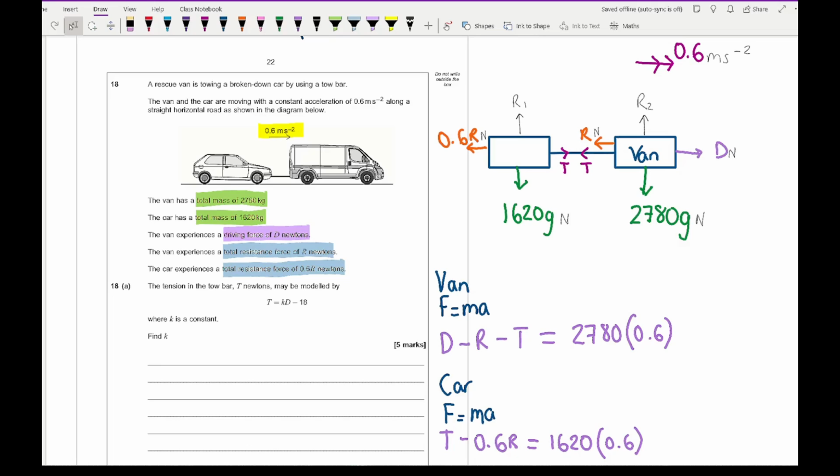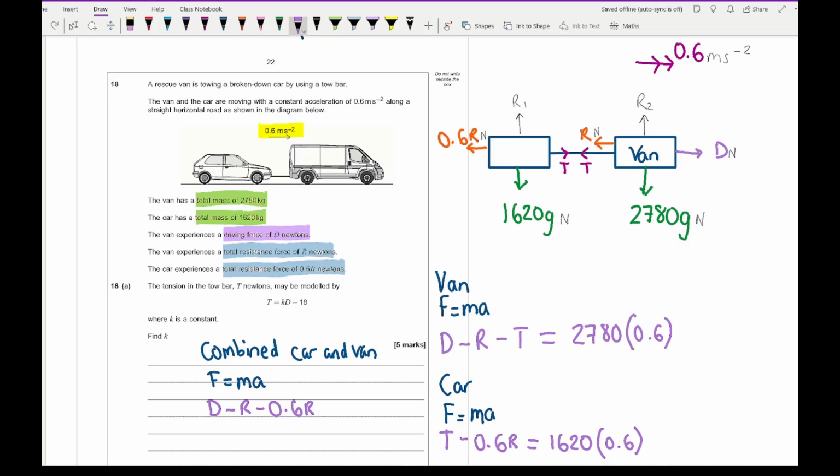So if we look at the combined car and van, and we were to consider F equals ma again, we then have got all of the forces acting forwards, which is our driving force, and all of the forces acting backwards, which is our resistance force on the van, the resistance force on the car,